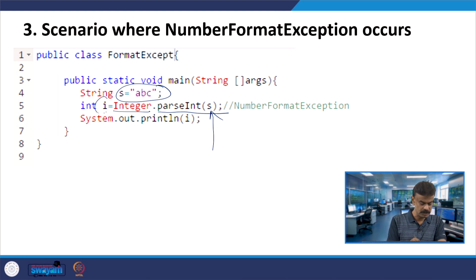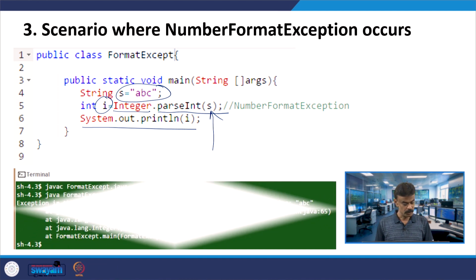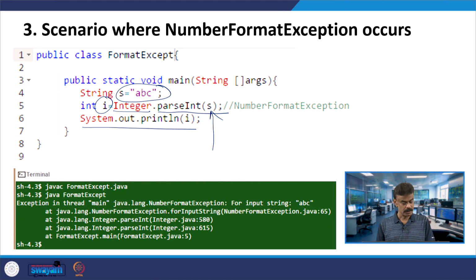This is not possible, and when you try to print this, it will throw an error at line number 5, right. It is trying ABC, the input string, and here you see the line number 5. So you are getting the number format exception.